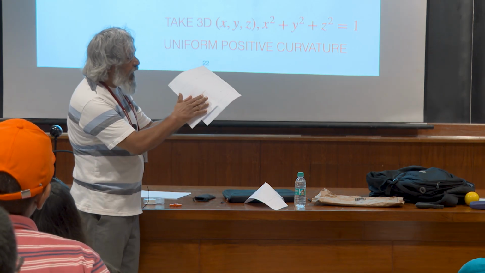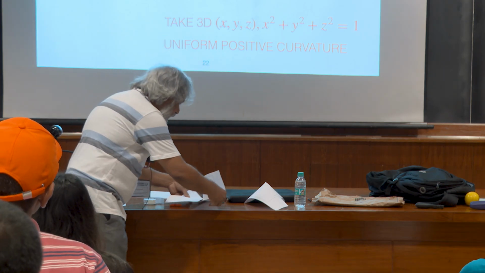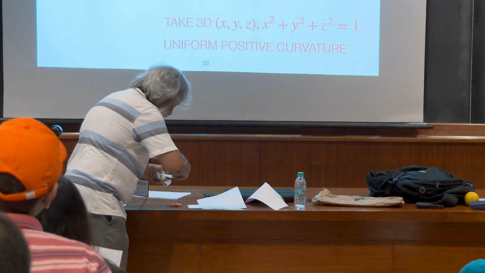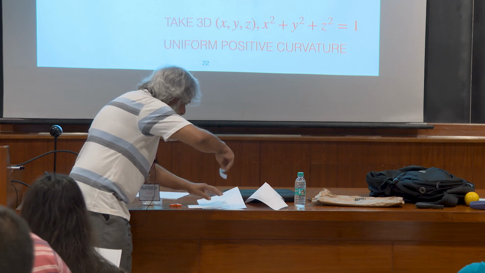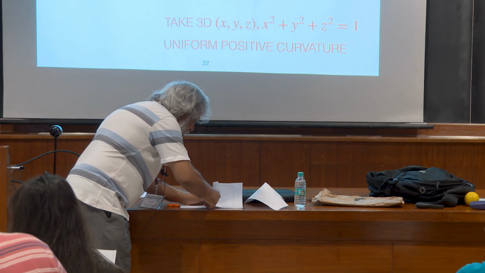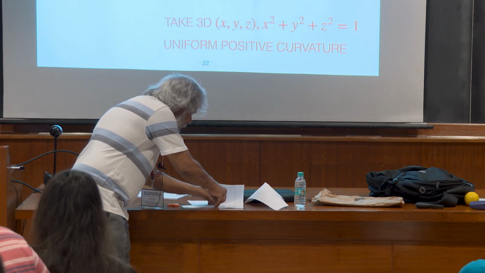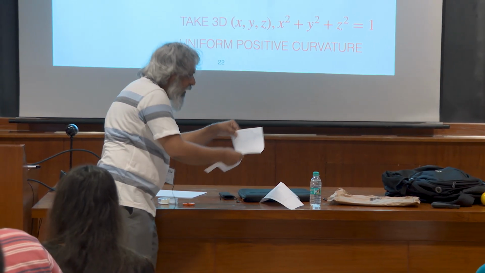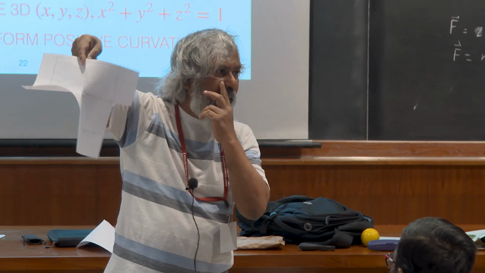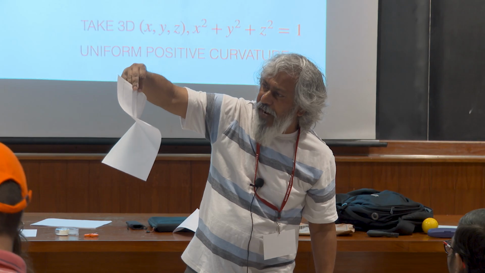You lay it flat on the table and stick the quarter piece on this one. Then you turn it like this and you'll find it goes off the plane, and you stick the rest of it. So you'll end up with something which looks like this. I took the quarter piece from there and stuck it in here. You can see already that this looks quite different from what we had before.